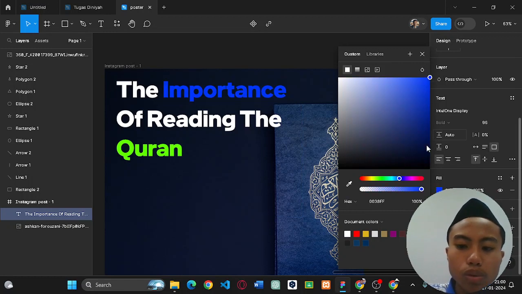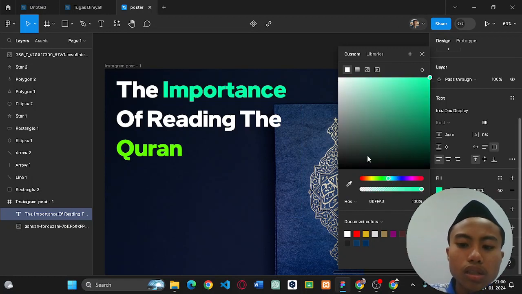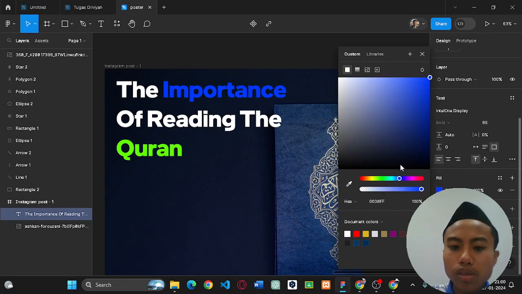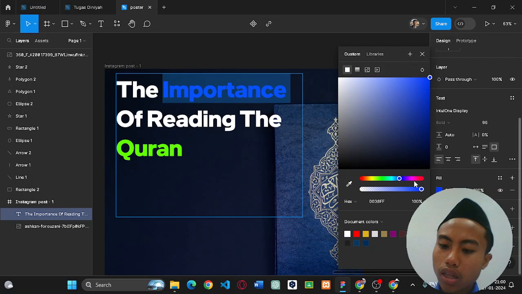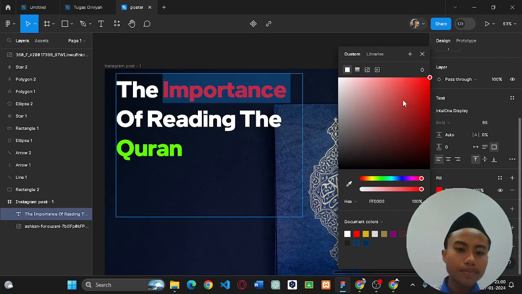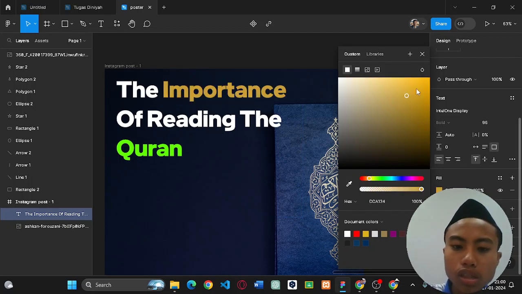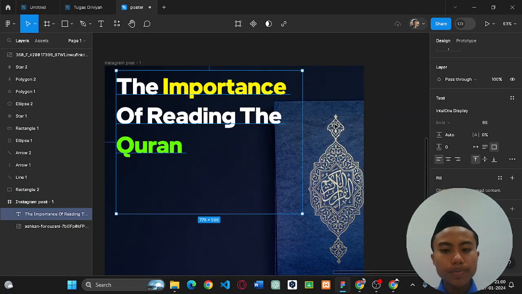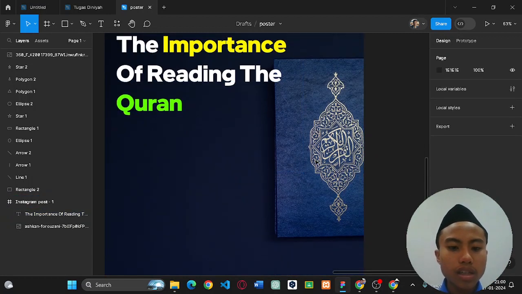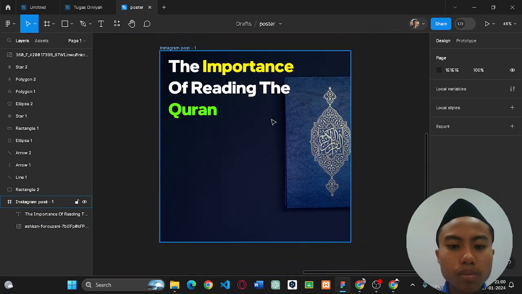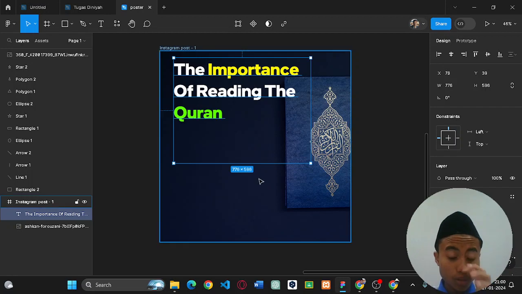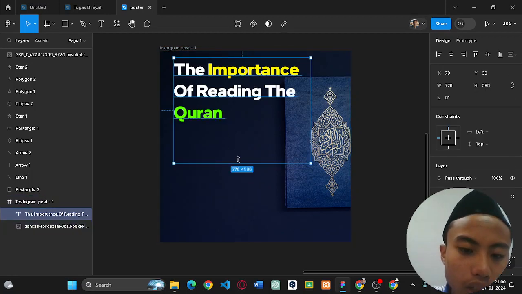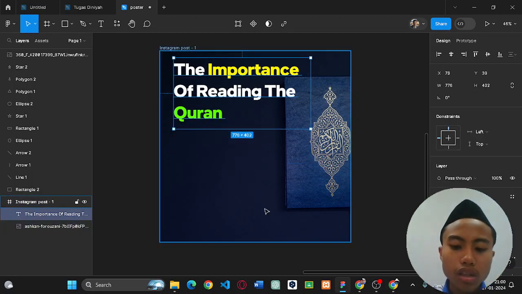If it is blue, we can see because the background is also blue. It is called... There is knowledge about that, but I don't want to get into it here. Importance, maybe yellow, right? Importance. Okay. After that, you have the title in here, so we can move on to get the text for the description.